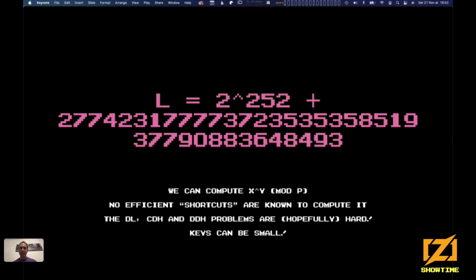So how large is the set of elements that you can visit before you go back to square one? Pretty large, about 2 to the 252. So that's still pretty large. It's not 2 to the 55, but it's still really, really large. And it turns out that this number is not only large, it's also a prime number.